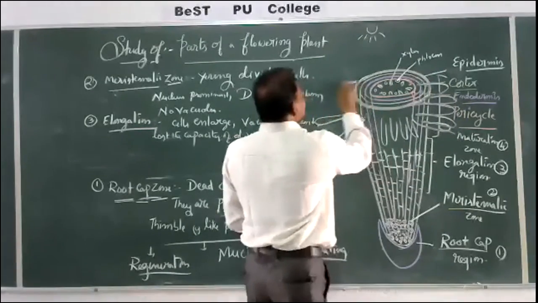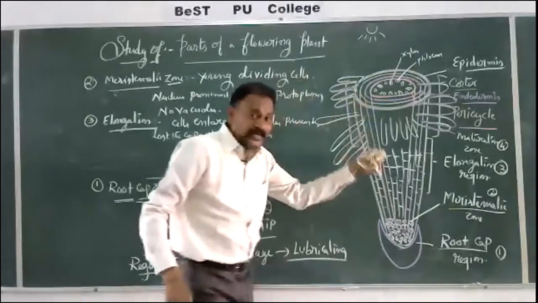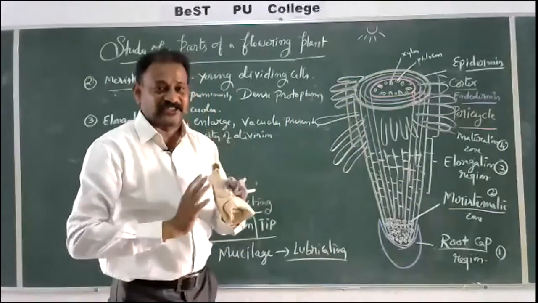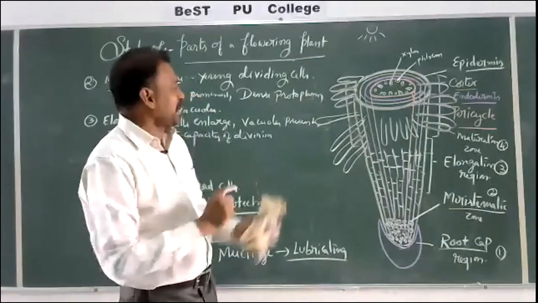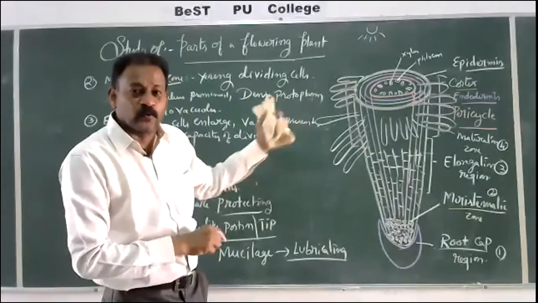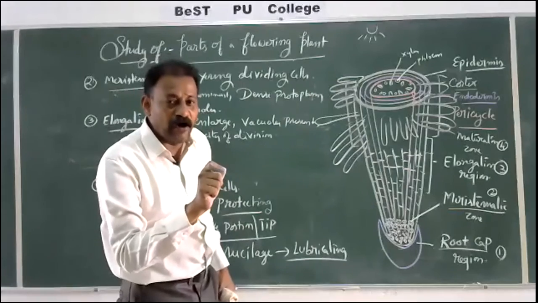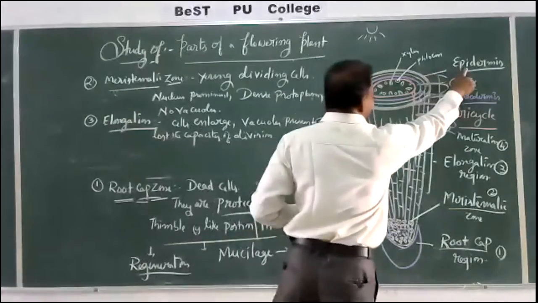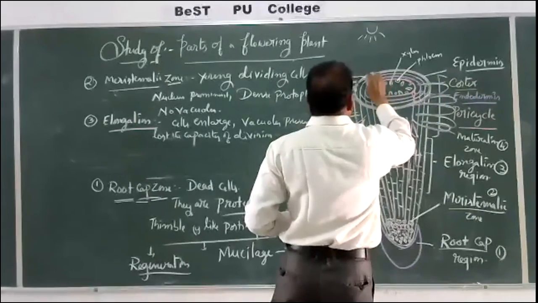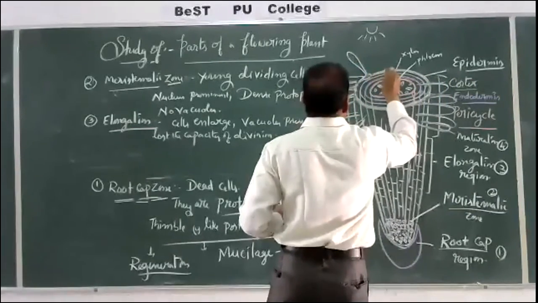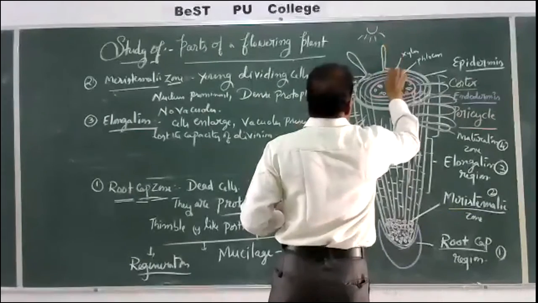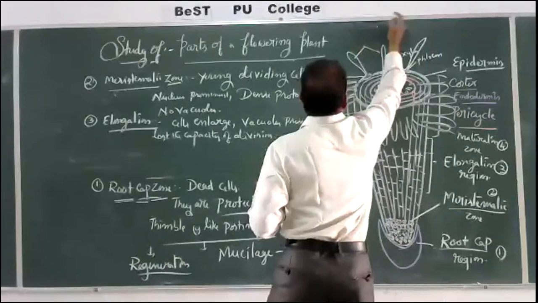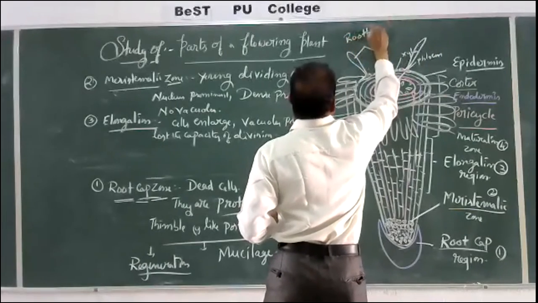root hairs. So root hairs are present, it means the cells are matured and they got some structure and appear like a root hair. What is this root hair? Root hairs are unicellular elongations of the epidermal cells. So when we see in the diagram, this is the epidermal cell, this is the root hair. So these are all root hairs.